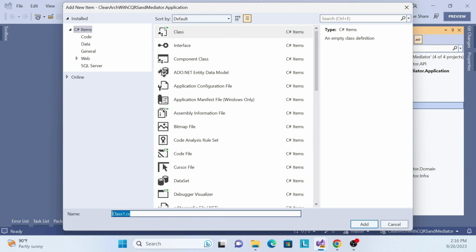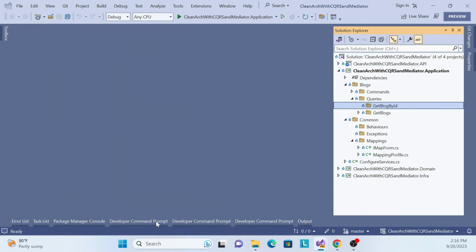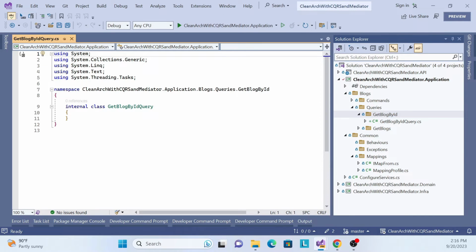Okay, the call is get blocks by ID query. Let me create that class, and make it internal to public. Then set it as a class, the same things we have done in our get list of blocks